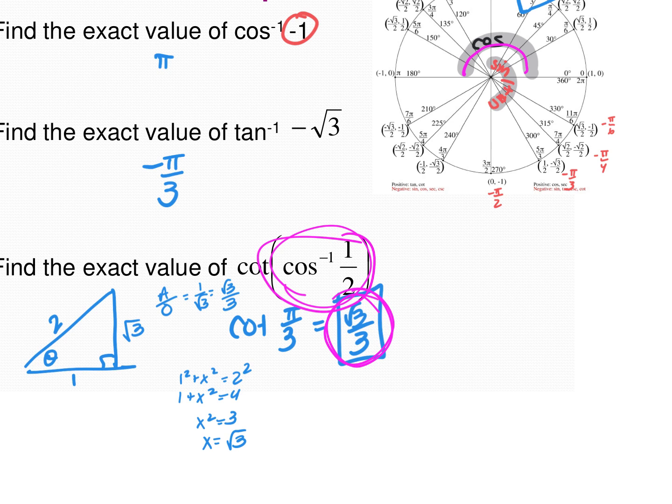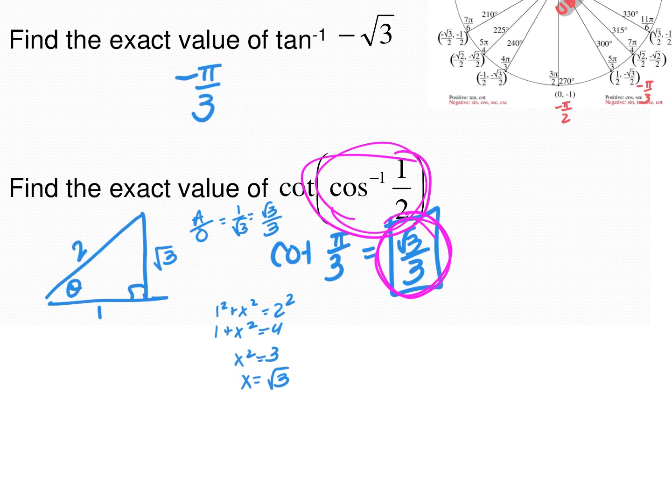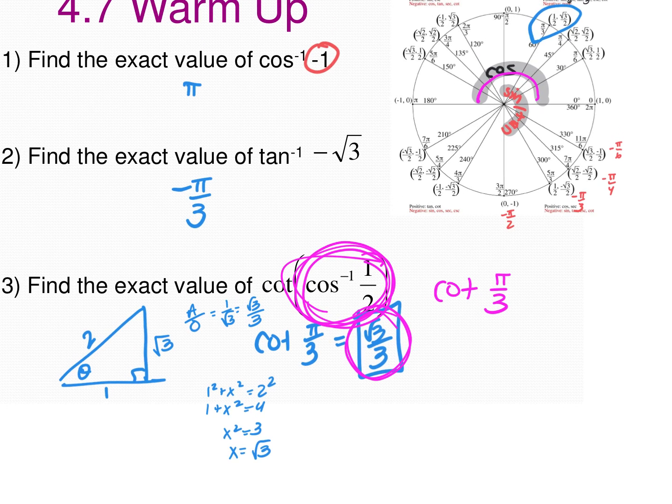Yep. How do you find the second one? Like, I know that you look for negative square root of 3, which is pi over 3, and then that's this whole answer. So then it becomes cotangent at pi over 3. No, for the second one. Oh, you're looking for where tangent's negative root 3. Yeah, where did you find that? I might just not be